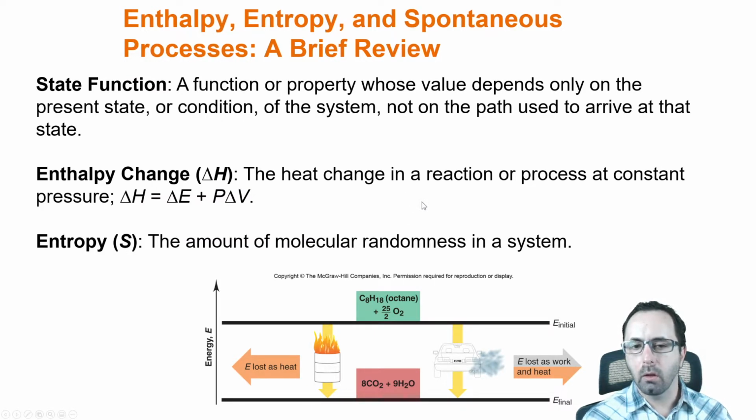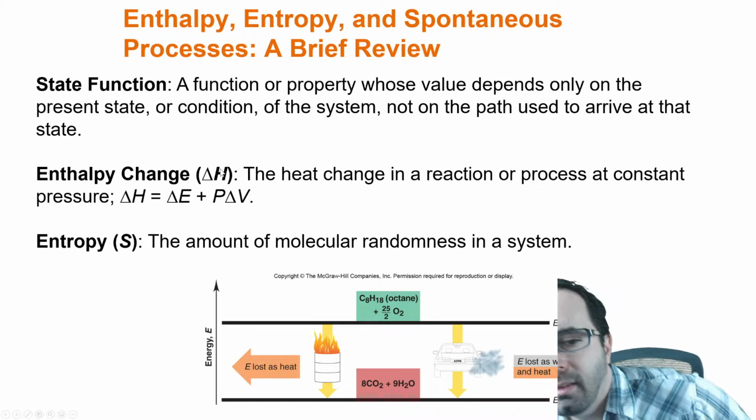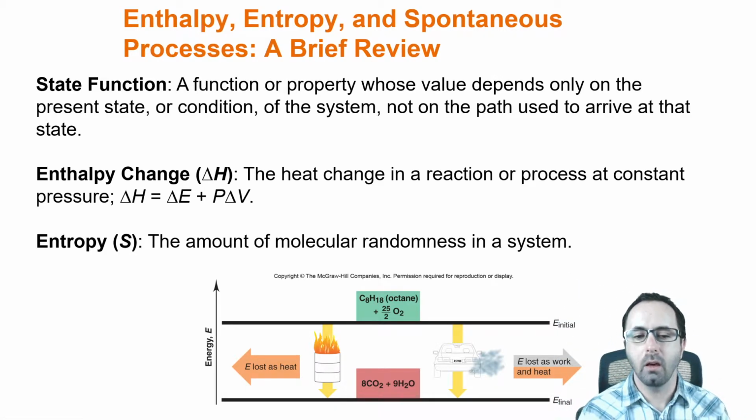So some of the properties that we've been discussing can be described as what are called state functions. And this distinction between state function and not state function becomes very important when we're talking about the spontaneity of these reactions. A state function is a function whose property only depends on the present state of the matter and not the way in which the matter arrived at that state. Generally, state functions are indicated in notation with a capital letter. So for example, enthalpy or heat energy. This is a state function, which you can tell because it's the capital H.